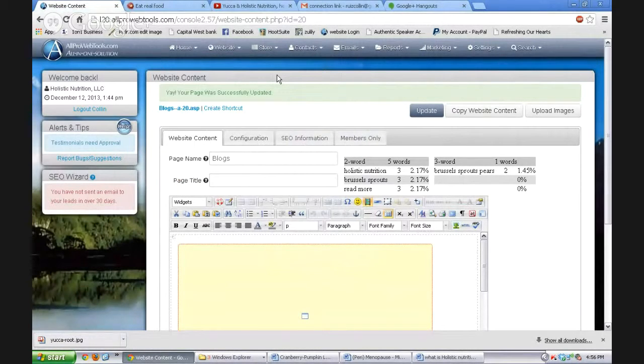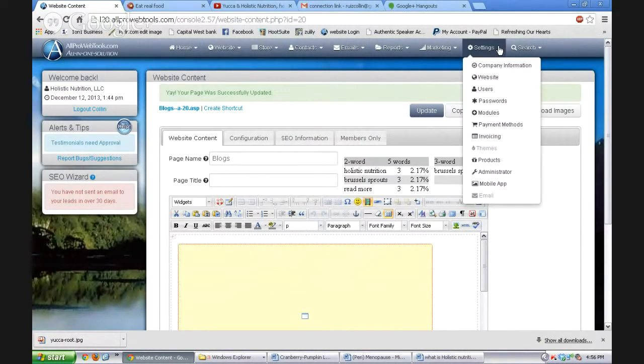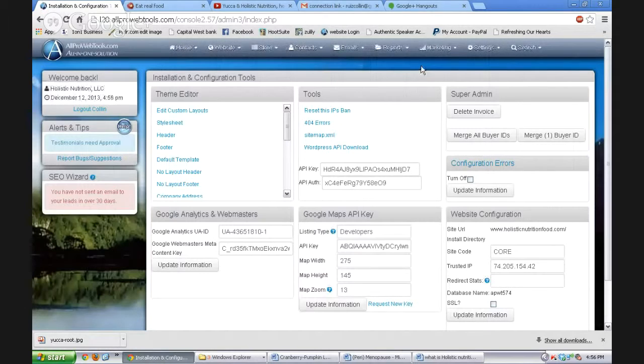For connecting your All for Web Tools website with Google Analytics and Google Webmaster Tools. So if you go to Settings, and then Administrator, right there at the bottom on the left, it says Google Analytics. And then it says Webmaster's MetaKey. So those should be correlating to your Google account. So if you can log into your Google account for analytics,